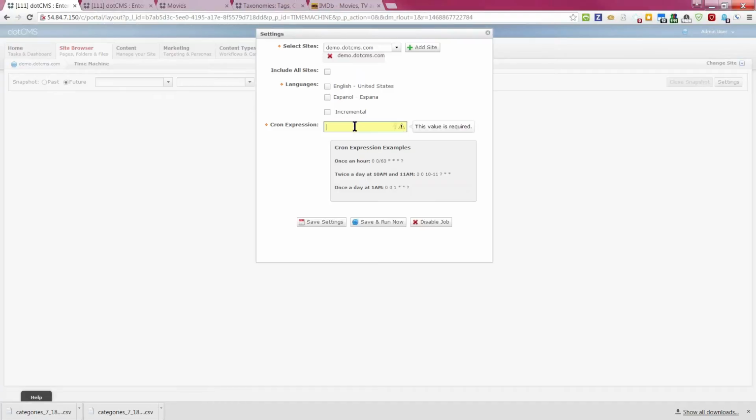One of the most common ways that our customers do it is once a day. But this is going to depend on how frequently your content updates and what your intentions are for looking back at the snapshots. You may not want to do it more than once a week, particularly if you want to save disk space. The snapshots don't take a huge amount of space, but if you are doing them frequently, that space does build up. We have some other customers that do it once an hour,